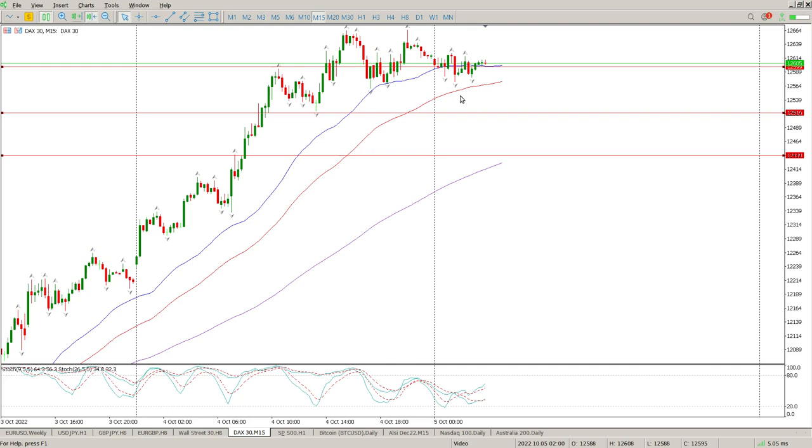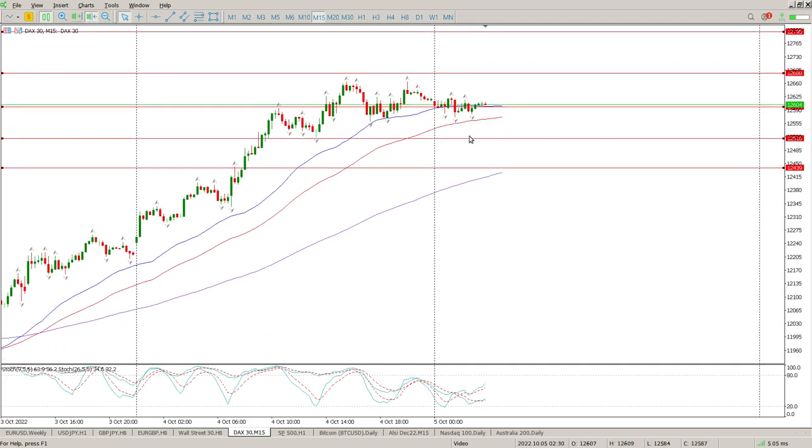It's looking for structure, and what we're going to be looking for is pullbacks onto 12,516 or 12,439. Pull back into that area, we're looking for a move to the upside. Alternatively, what you're looking for is a move up, a bounce off 12,688, and then find some support here at 12,600. If you can find decent price action at this area as well, then definitely looking to move up to